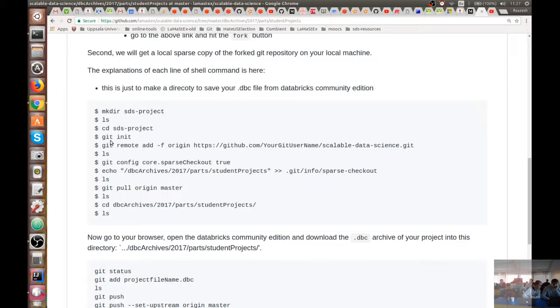So these were done on the meetup we did about Git. So git init, git remote add -f origin, you have to put your username here. And then git config. This is the sparse checkout, so you don't check out everything, to save space. And then you have to echo